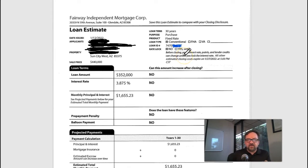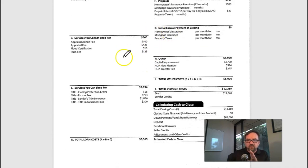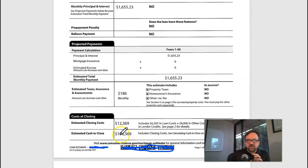Like I said, this is the first document that shows up that tends to really scare people. Now you know how to break it down. Now you see where all this money is going, what the payments are going to be. We know which ones we might be able to change because of the title company. We know that these are overestimated numbers. Right? And always remember, this amount right here is always going to be the worst case scenario. So speaking of worst case scenarios,